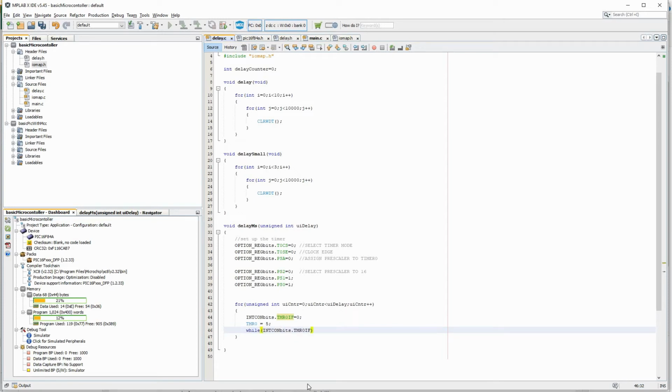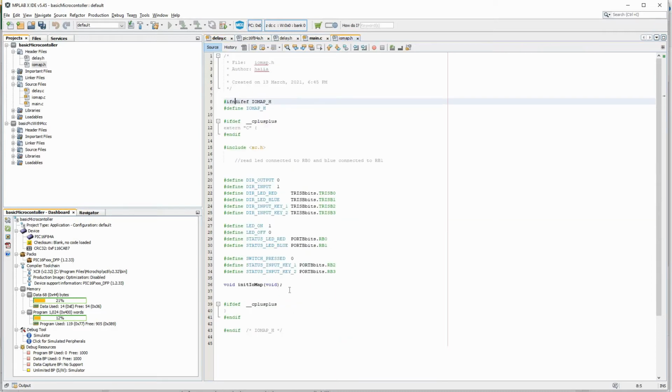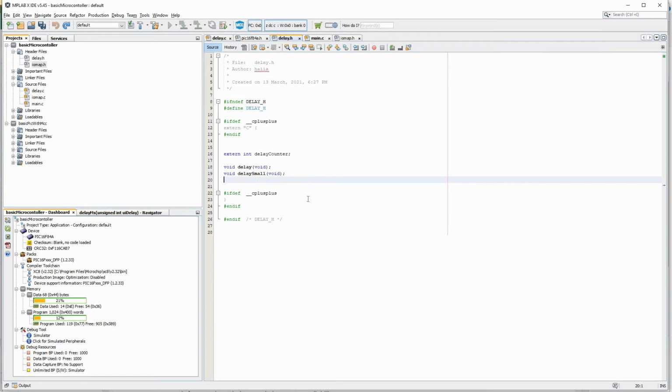While it is 0, then it has not been set, so I have to wait, and I will clear the watchdog timer to make sure that during this wait my processor is not reset by the watchdog timer. So let me put a prototype in the .h file also, delay.h, it is here, and let me use this delay in the main.